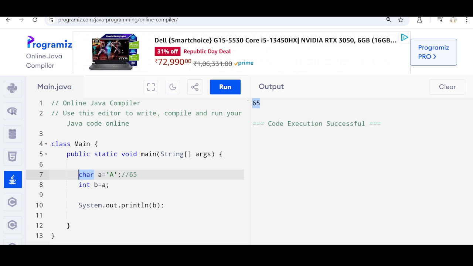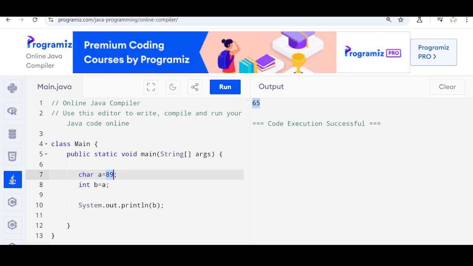Every alphabet has a unique number, sir. Yes, every alphabet has a unique number. No matter what, character is a very special data type. You can assign a character firstly. Secondly, you can also assign a number. For example, let me say I am assigning 18. If you ask me, sir, is it really possible? Because character is meant to store only the letter. If you ask me such questions, I would say character can accommodate a letter or a number,